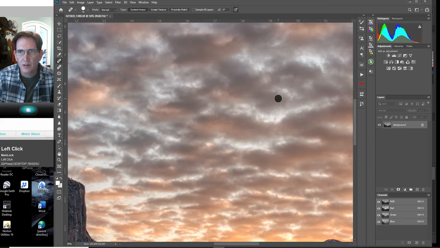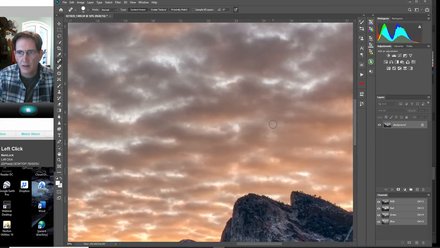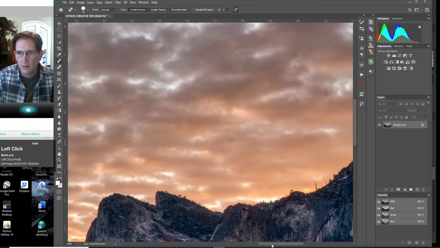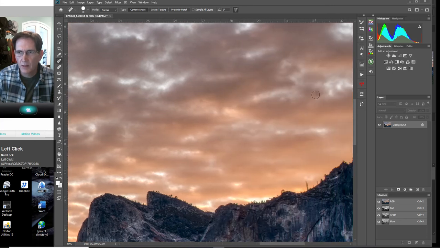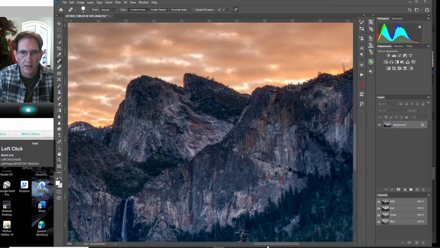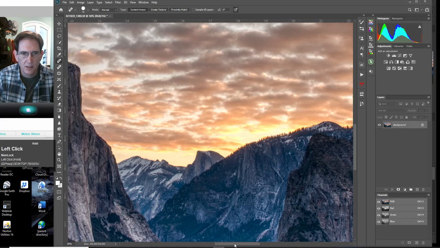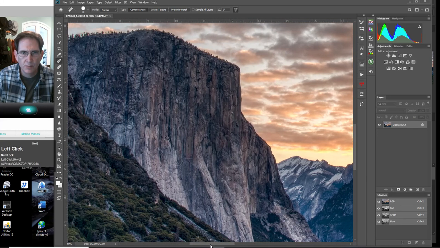So I'm going to take care of my little sensor spots here, or maybe they were on the back of the lens, wherever these little dust things were. I hate them, and they got to go. So just going down and taking care of that. I love this blast right in here that you're just absolutely not going to see unless you do some pretty extreme